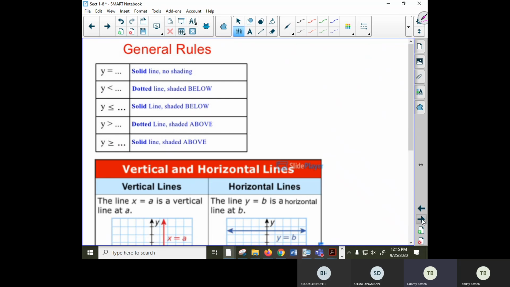I did put on here those shading rules. Did you guys use these shading rules, or do you still pick a point? It doesn't matter, you can do it either way. When I show you today, I'll probably use these, but if you would rather pick a point on one side, just so you know,